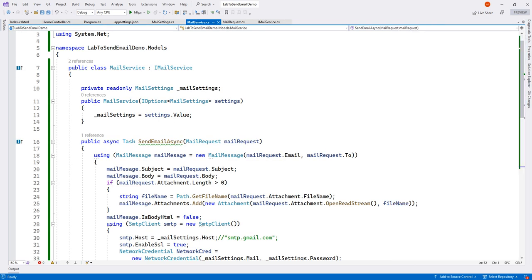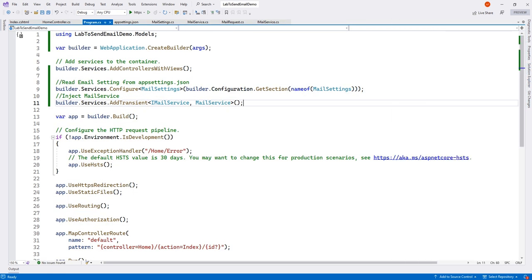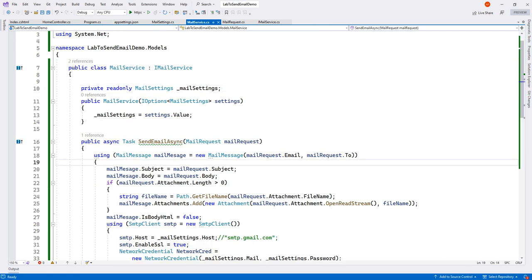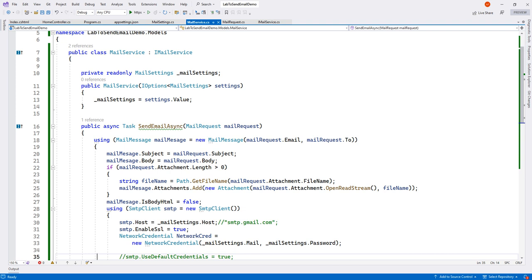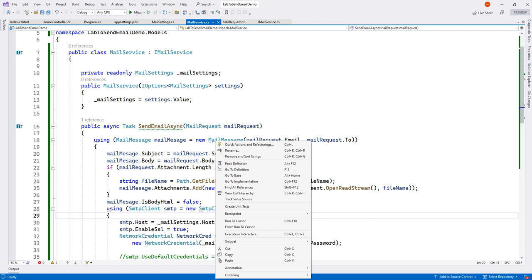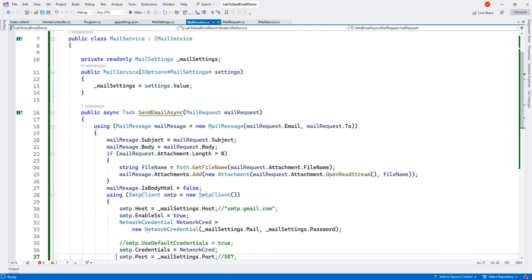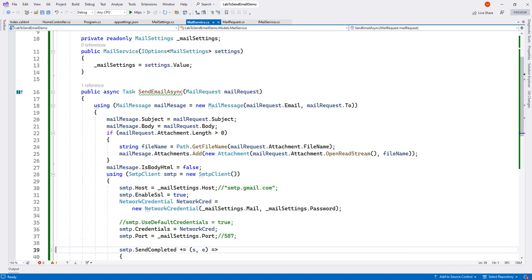So in our email service, what I'm doing, I'm setting the value with dependency injection. So what I had done for that, in the Program.cs, I'm setting my mail setting, and after that I'm injecting that IMailService with the real implementation with MailService. So for that, what we had done in the mail service, we had written the same code that we just wrote in the controller. Like, we are setting the value, uploading the file, and we are getting the parameter and all the settings that we got from the SMTP. We can use them over here from that, and we can send email with